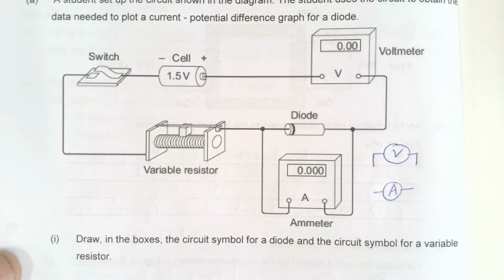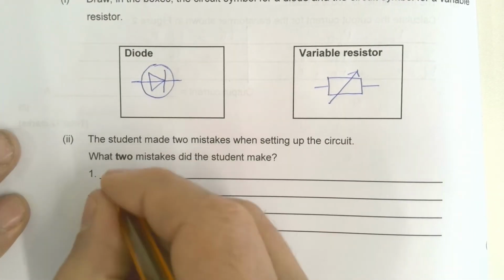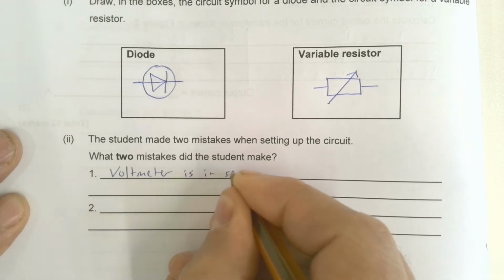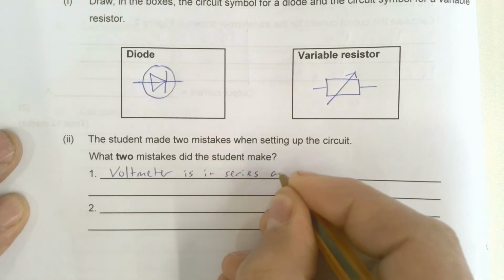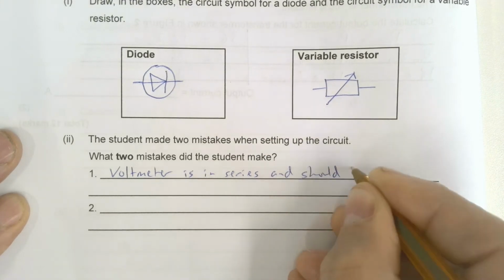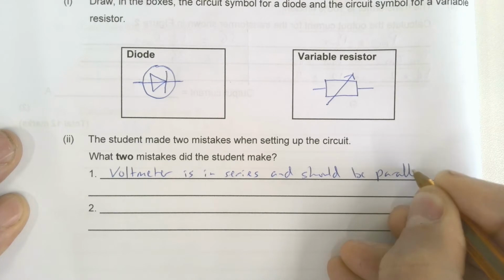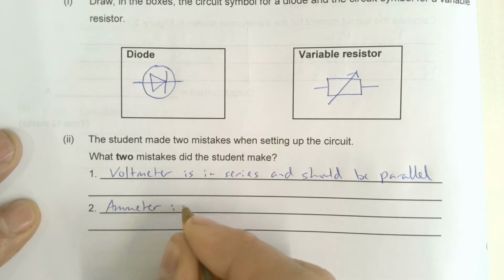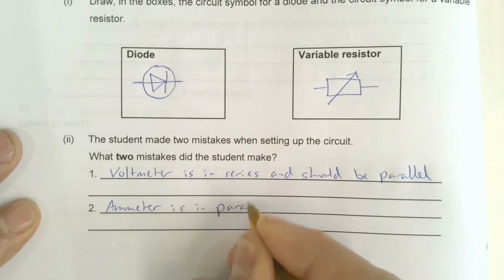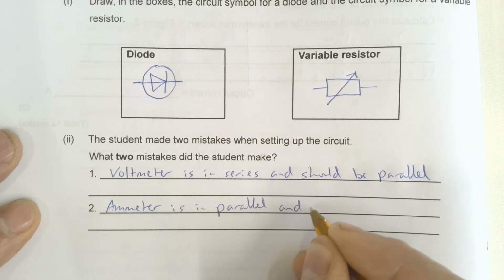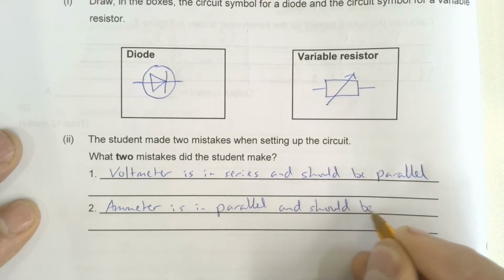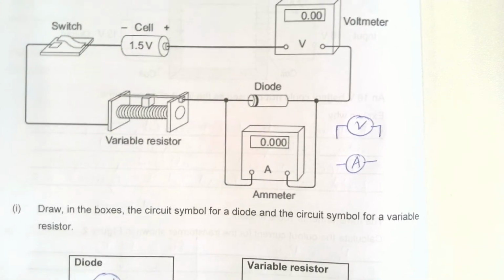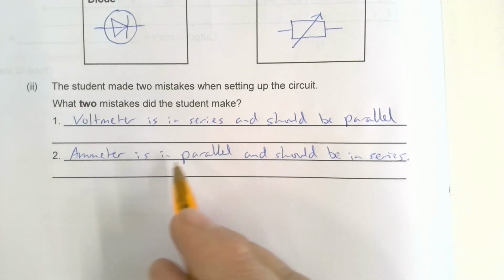So the two mistakes they've made: the voltmeter is in series and should be in parallel, and the ammeter is in parallel and should be in series. The reason that's an issue is the ammeters are designed